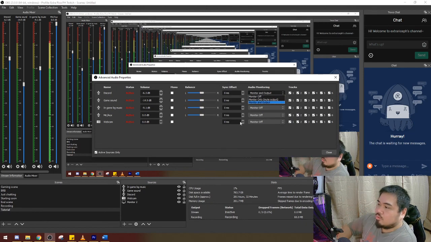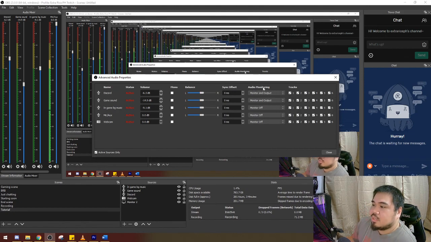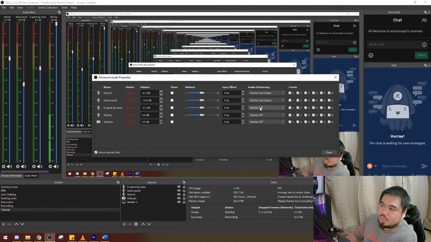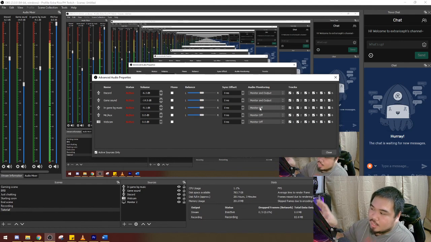Okay, so I have my Discord set to monitor and output, meaning that you will be able to hear our conversations when you're watching my stream. And then my game sound is also set to monitor and output, and then the in-game background music whenever I play Valorant, I have it to